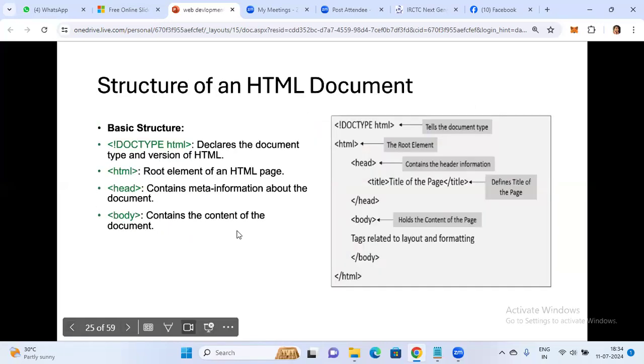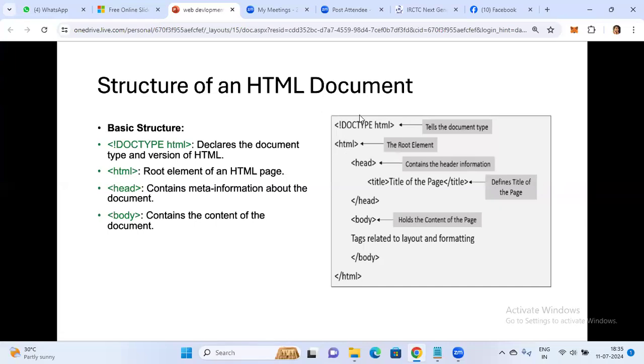Okay. So now we'll discuss the structure of an HTML document. If you want to work with an HTML document, then basic tags are required. The basic tags are the HTML tag, head tag, body tag, and title tag. If you don't write any tag, you can't execute the program.